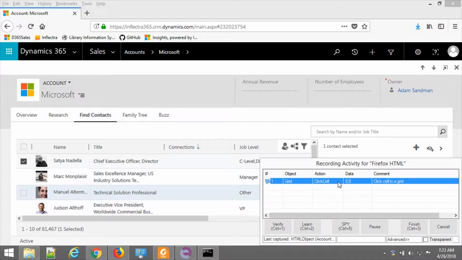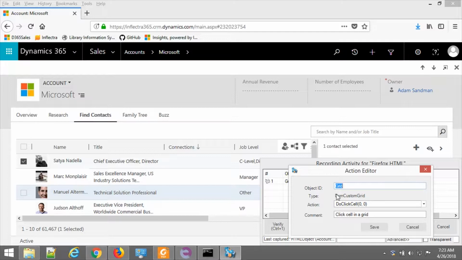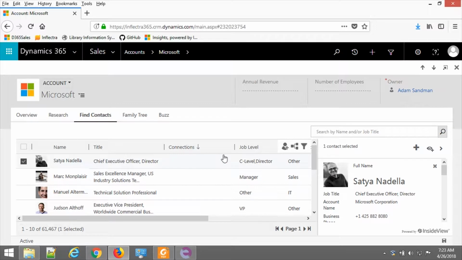So far, it does not know on which cell we really clicked, but Rapise already knows that this is a grid. The name of this grid is grid, which is a default name, not very good, and we will try to fix it. I double click it here and you can see that the type of this object is the type that we just added without template. So far I will press cancel